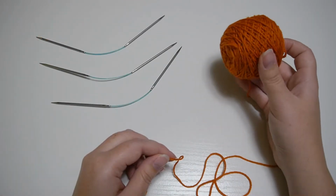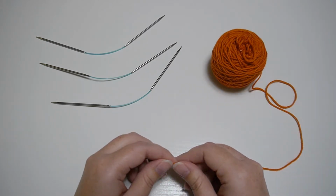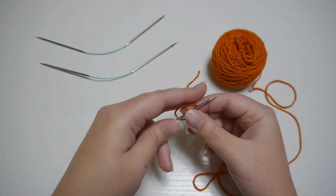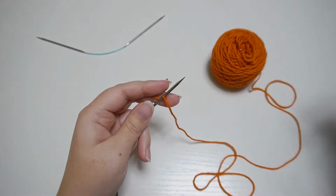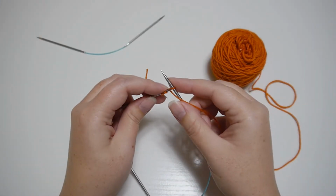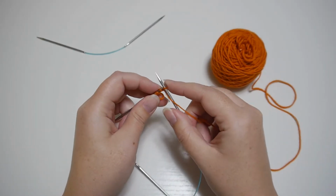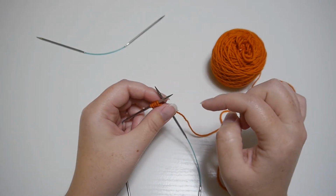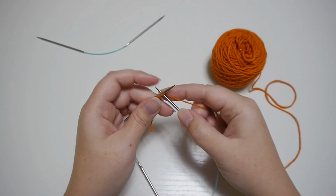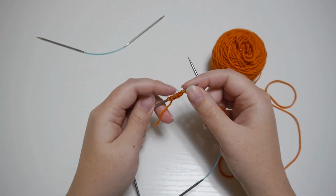Today I have a mini skein from Pretty Twisted Yarns that I will be using, and I'll also be using the Perfectly Stretchy cast on. So we will start with a slip knot on one of our needles, and then use the second needle to start casting on. If you would like a slowed down tutorial of how to make this cast on, I'll link that video down below. Otherwise, I need 56 stitches for my sock, and I'll meet you back here when I have all 56